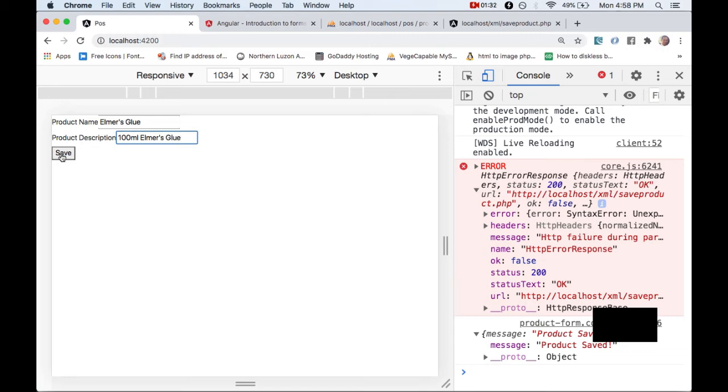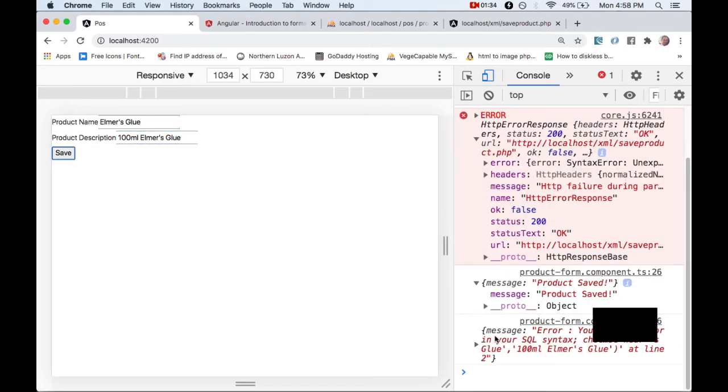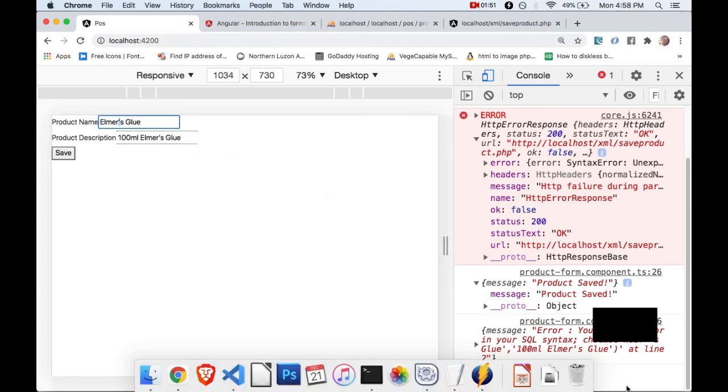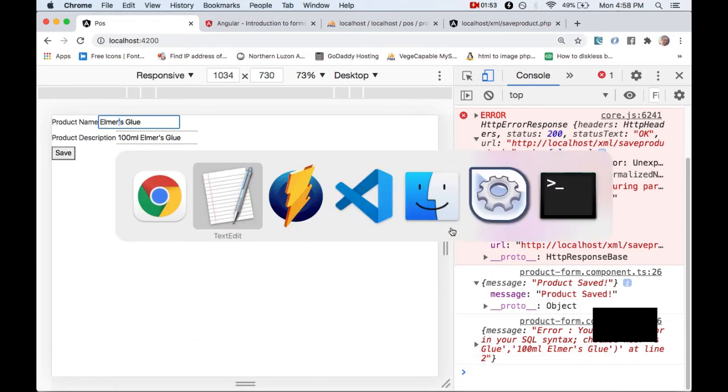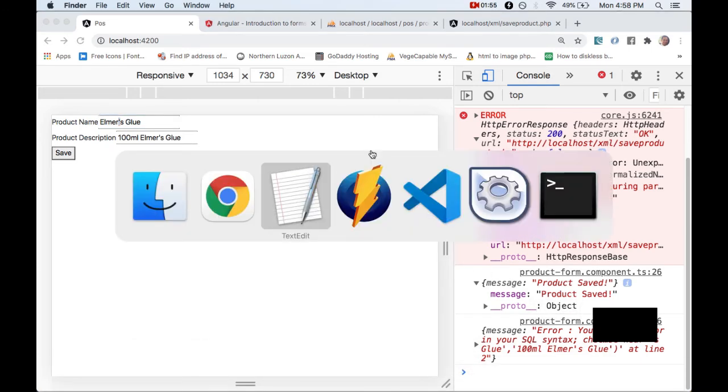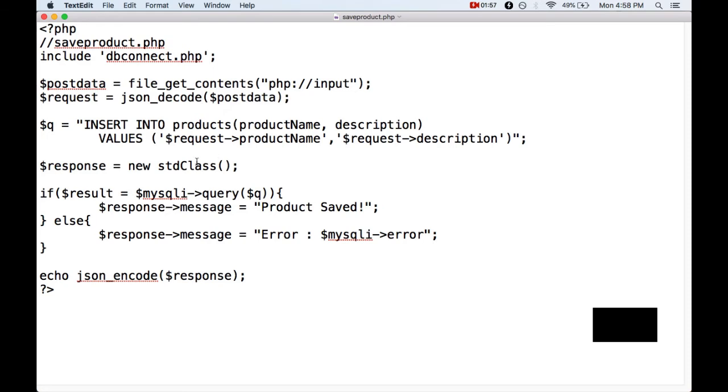Click, and then error. We have an error here because we are using a single quote here. So we can fix this using our PHP code. Let's switch to our PHP code, and then before we can have the product name here,